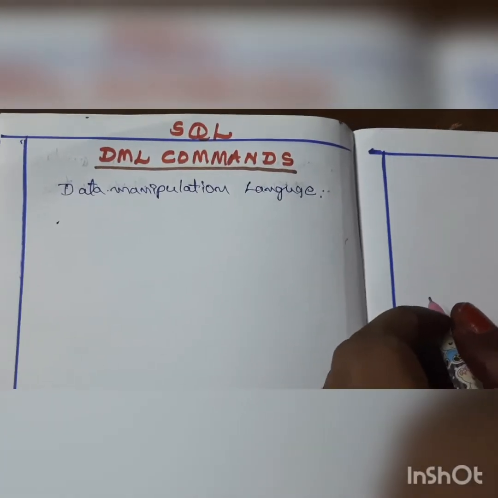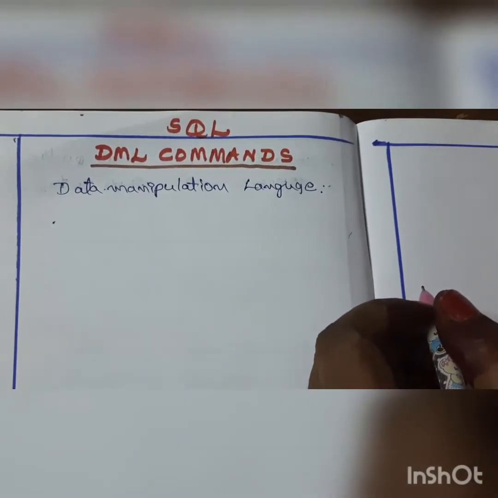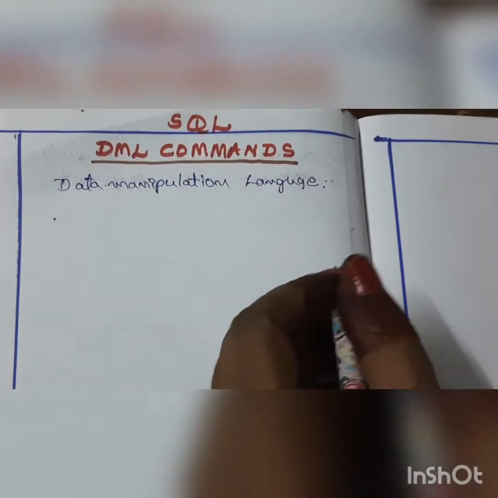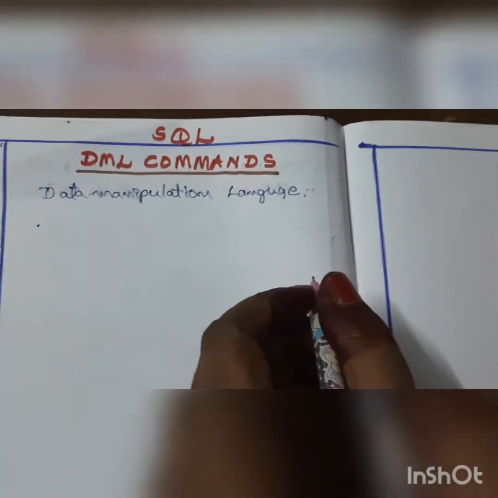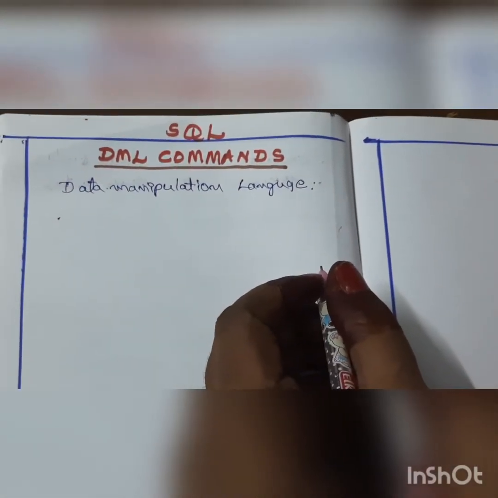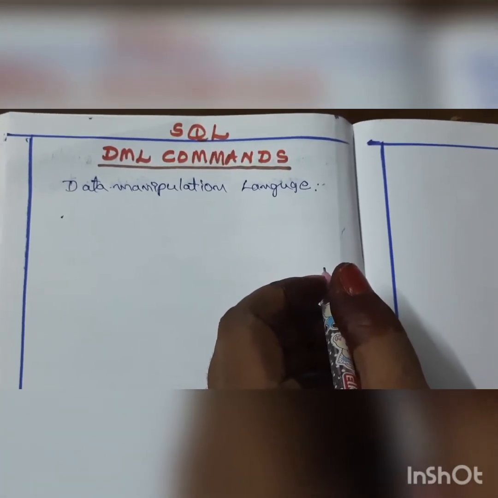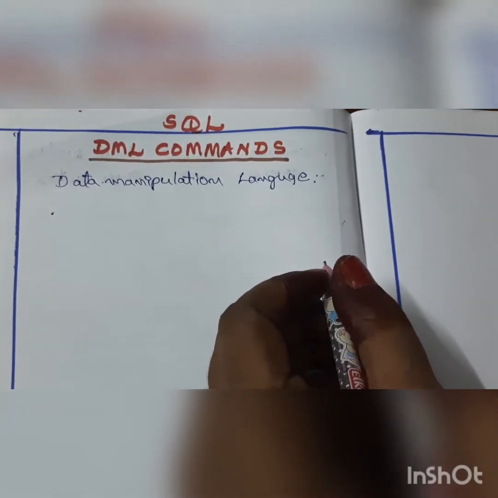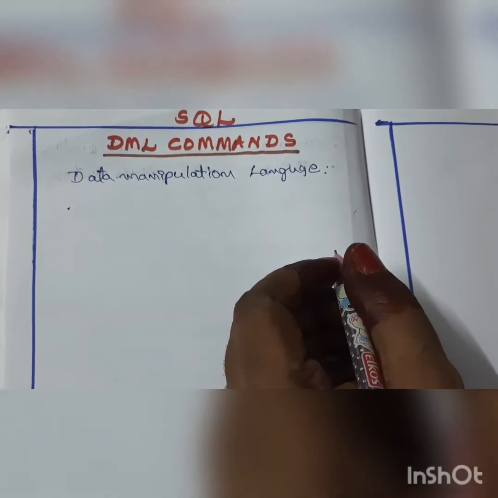Welcome to today's class, DML commands in SQL. In the previous video we discussed DDL commands. The DML, or data manipulation language, commands help in modifying a relational database. These commands are not auto-committed, which simply means that all changes made to the database using DML commands are not automatically saved. It is possible to roll back DML commands.